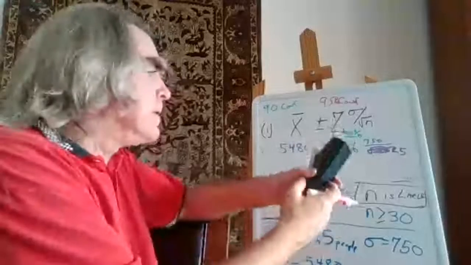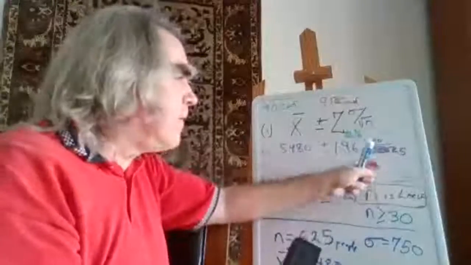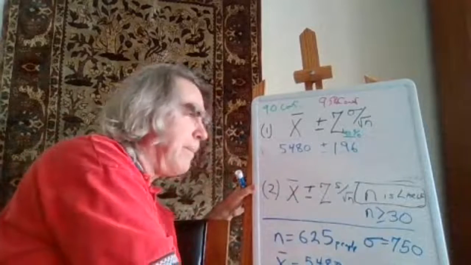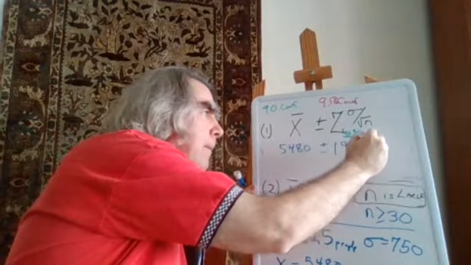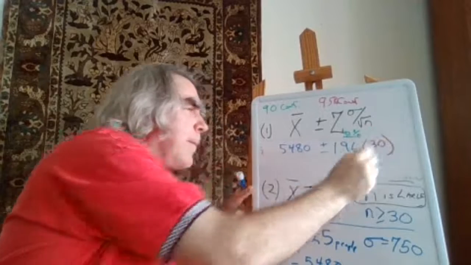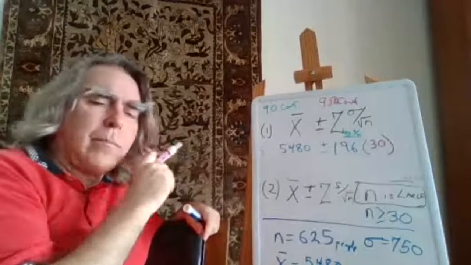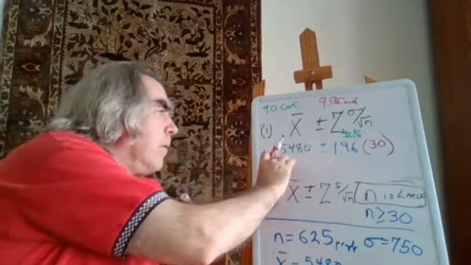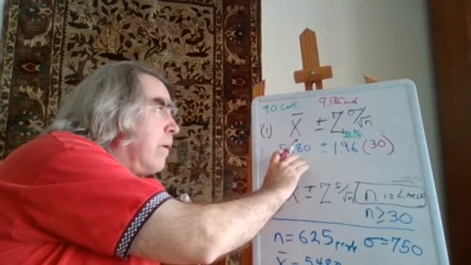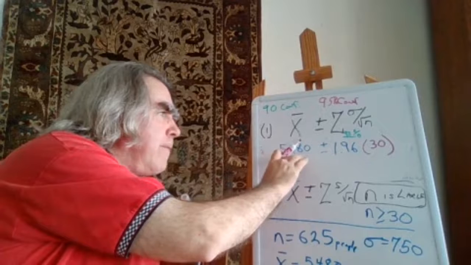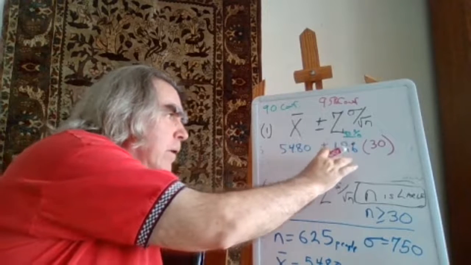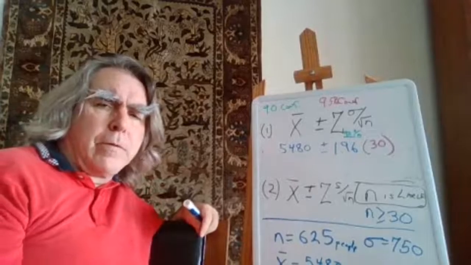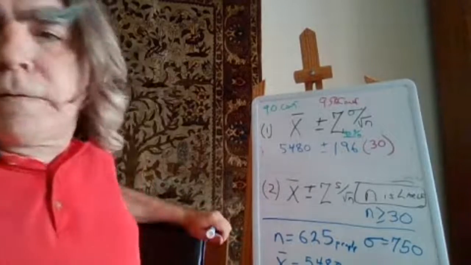Okay, so 750 divided by 25. What did I just say it was? 30? Okay. So the next thing would be our confidence interval is going to be 5480 plus or minus 1.96 times 30. Okay, 30 times 1.96